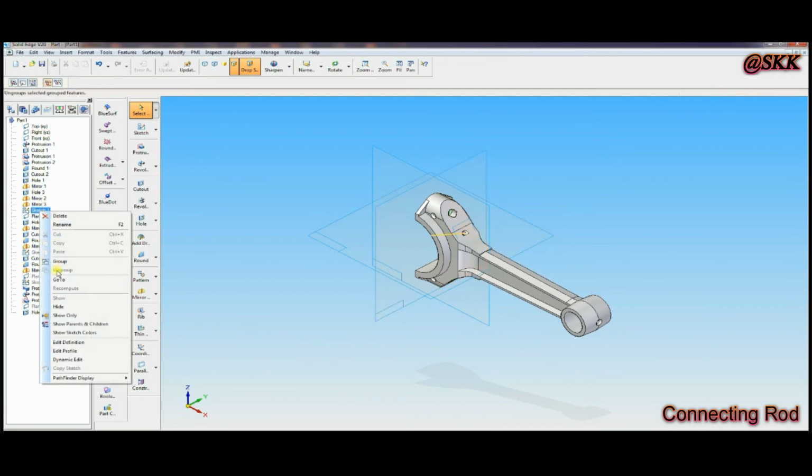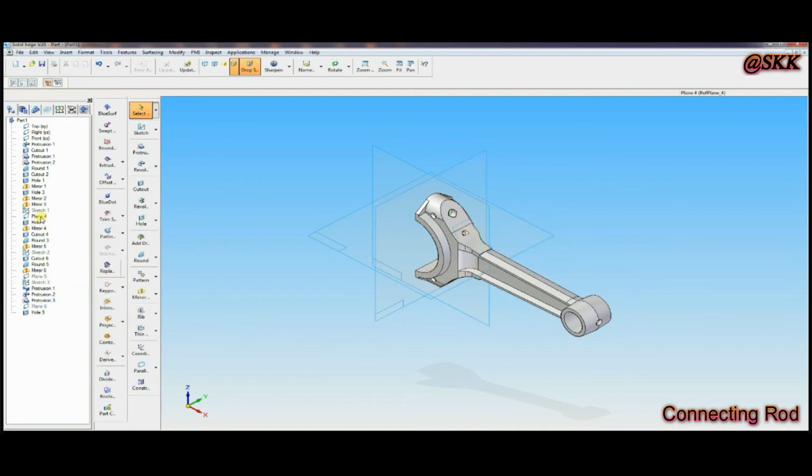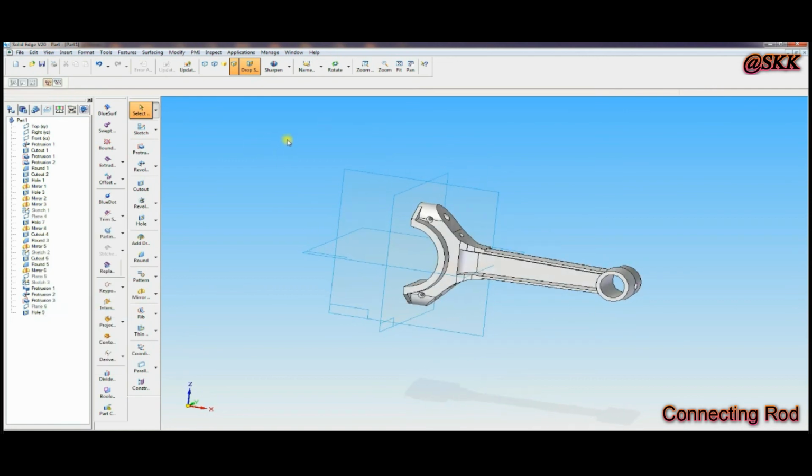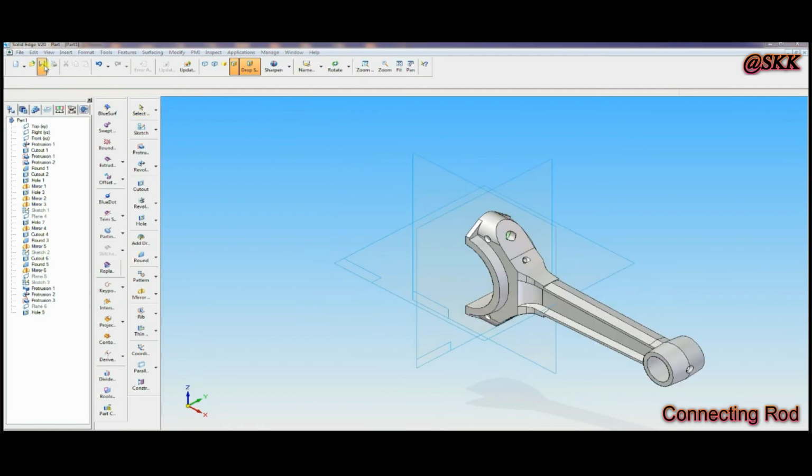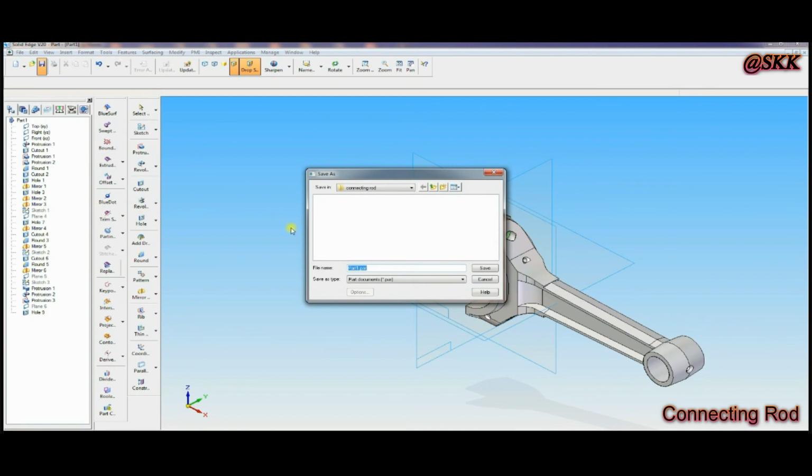Then that plane you want to hide. Yes, that completes the first part of the connecting rod. Save it in the desired folder, connecting rod. I will give the name C rod. C rod. Okay.